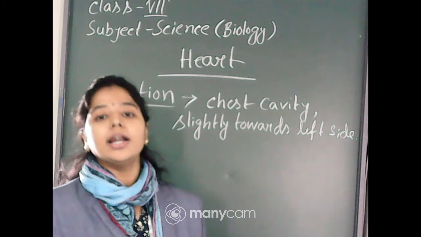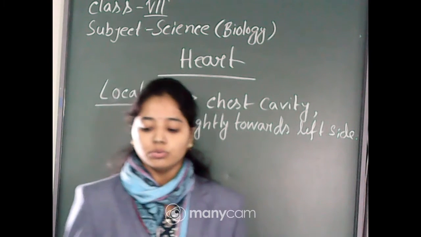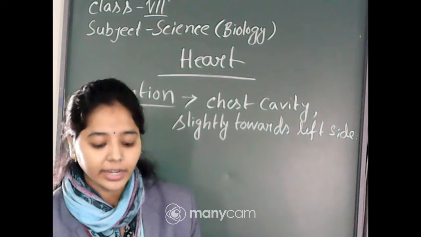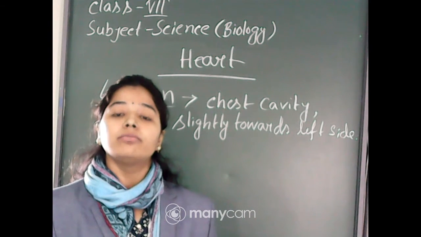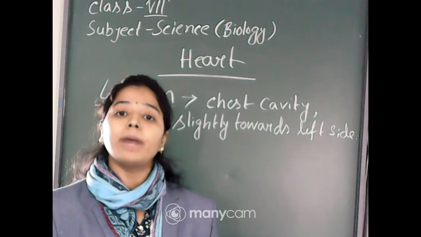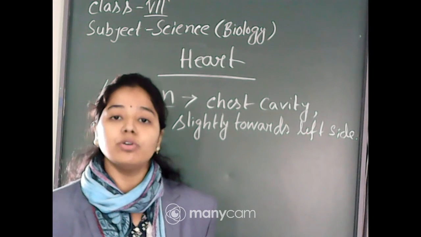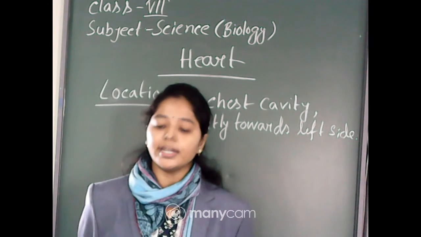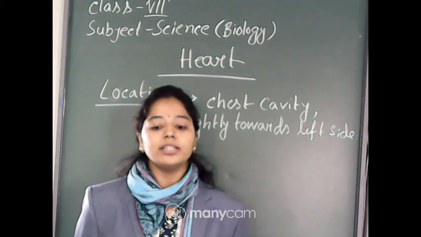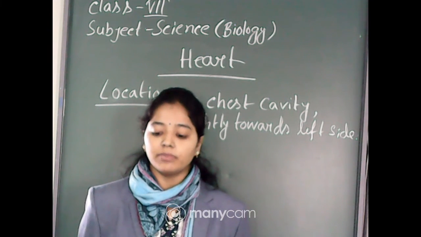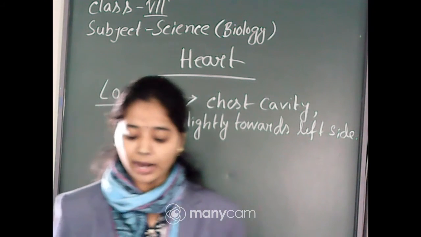Okay. Now, the heart is a muscular organ in animals that pumps blood through the blood vessels to all the parts of the body. And this heart consists of 4 compartments, 4 chambers. Now these 4 chambers prevent oxygenated and deoxygenated blood from mixing. So the main function of the four chambers is to prevent the mixing of oxygenated and deoxygenated blood.